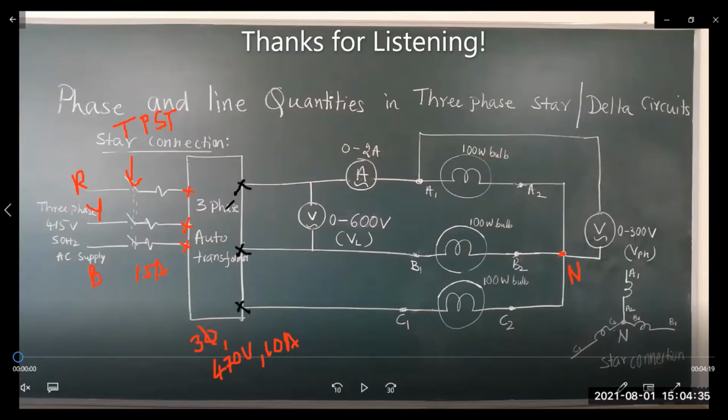Remember this point: the auto transformer helps to regulate the output AC three-phase voltage. You can vary it starting from zero. That's the specialty of the three-phase auto transformer. First of all, you have to identify the lines, output 1, output 2, output 3. Take a thick wire and connect it to the ammeter. Then another point of the ammeter should be connected to A1. Next, take the second point and connect it straight to B1. That point is over. Later, take another wire and connect it to C1 of the other bulb.